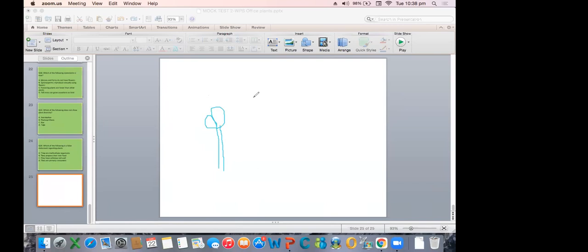Okay, I'll give you options here. First, is it a stamen, or is it a pistil, or is it a sepal, or is it a petal? The one which I have drawn, it represents what? A stamen, a pistil, a sepal, or a petal. What is it? Start. You have to type your answer.